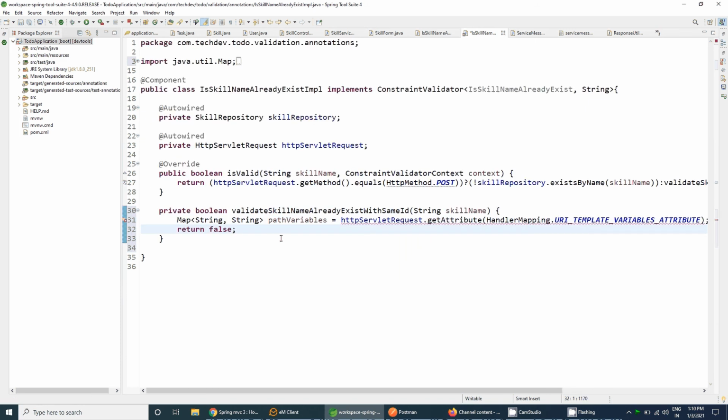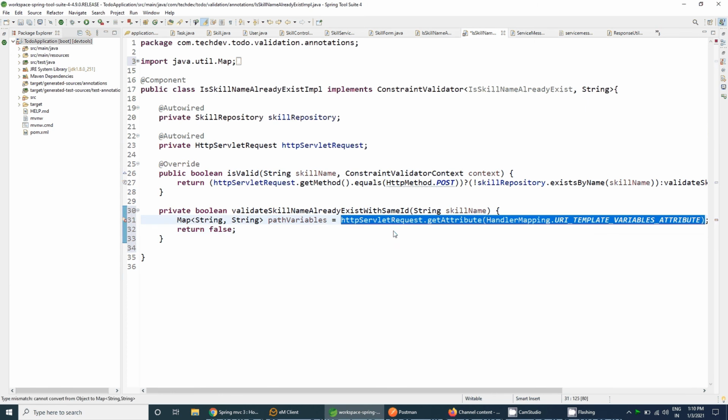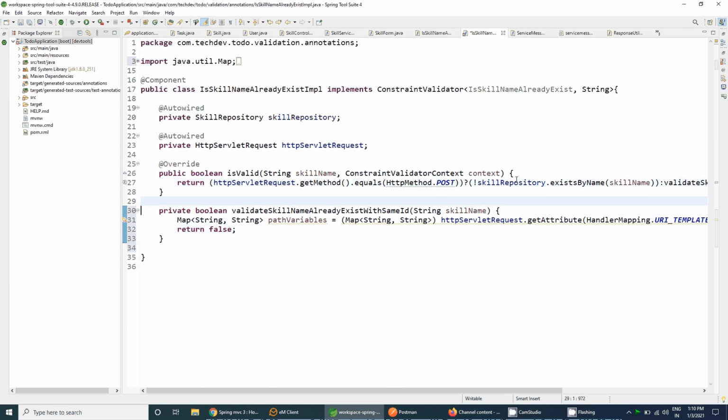It will return the map of path variables, and let's cast it to a map of string. It contains key and value pairs. So path variable dot get id will return the string id, and that will be the skill id.